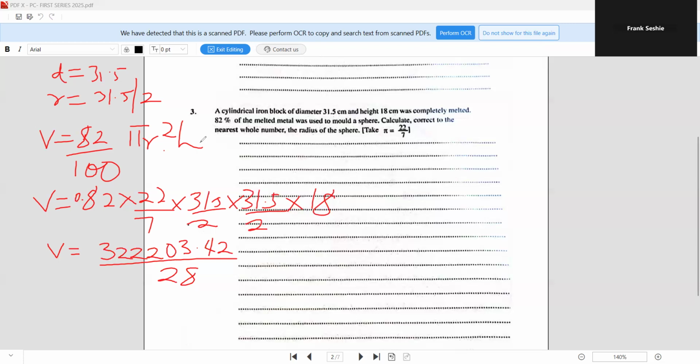So we are going to divide that answer by 28. And our answer for the volume of the sphere is 11507.265, and that's the volume of the sphere. Now, how do you find a sphere's volume? The volume of a sphere is 4/3 pi r cubed. So the 4/3 pi r cubed should amount to